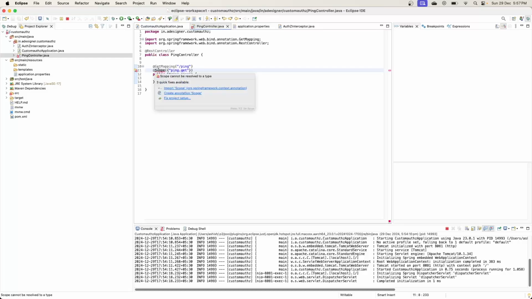Let's create an annotation first. What we'll do is create a custom interface which will store this data, and then we will read that interface in our interceptor and make a decision based on that. So before we do that, we'll also have to add this interceptor